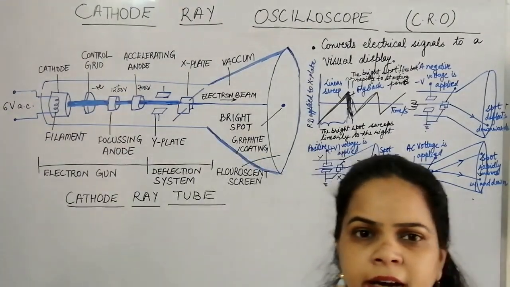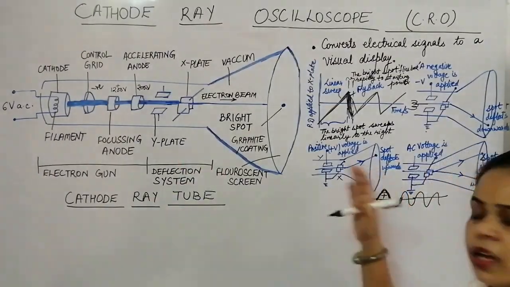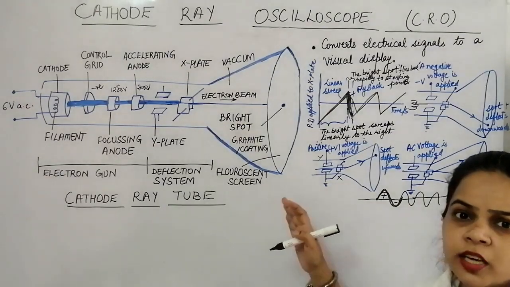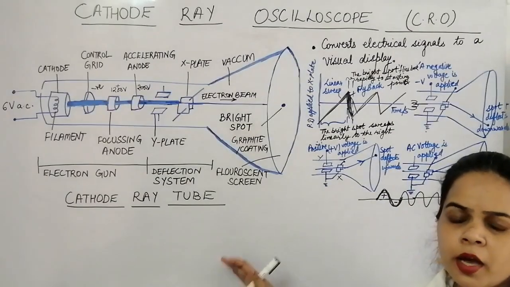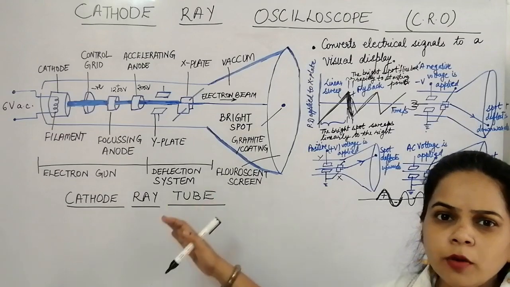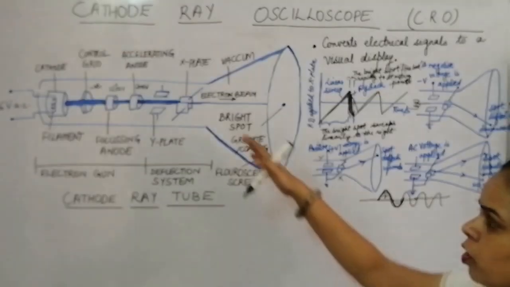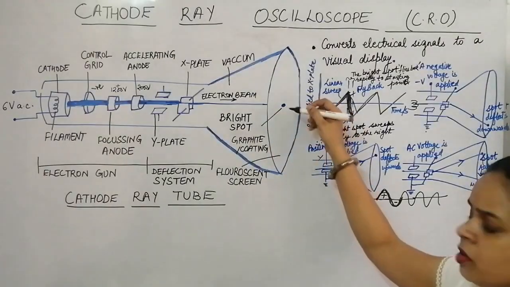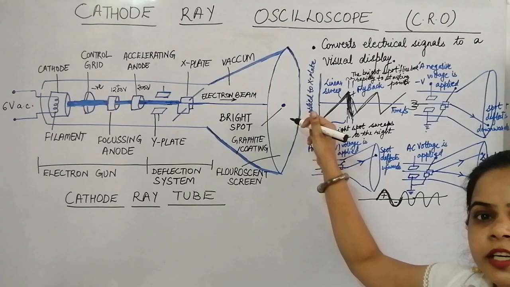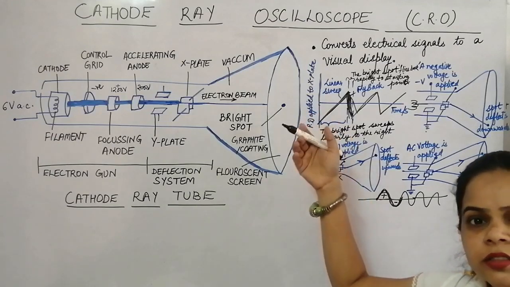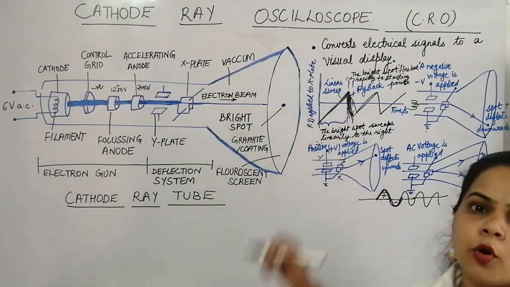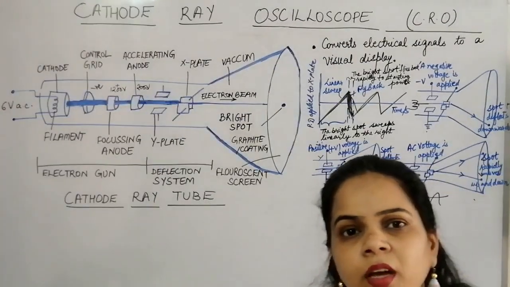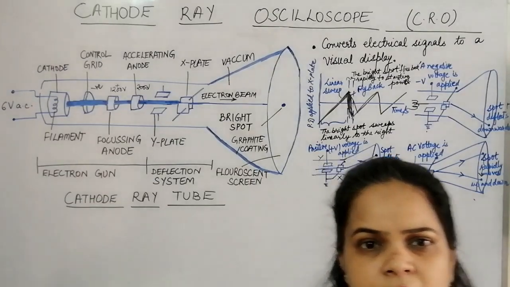Okay, so I think this whole explanation is clear to you, how the cathode ray oscilloscope consists mainly of the cathode ray tube, and how in this cathode ray tube an electron beam is generated, which is used to focus the electron beam at the fluorescent screen. The spot that you see at the fluorescent screen may be green, red and blue, that is the primary colors, depending upon the material used to coat the fluorescent screen. Okay, so now we discuss more.